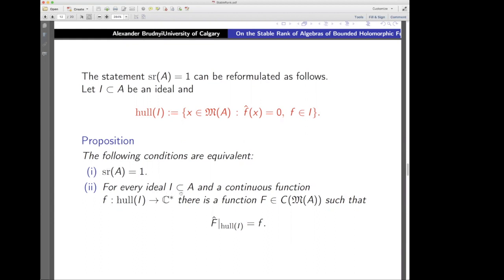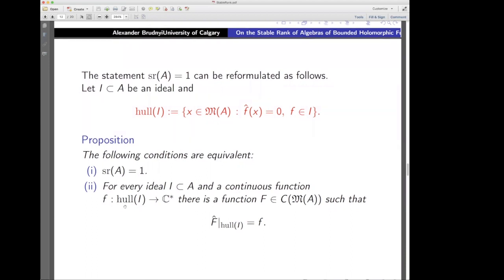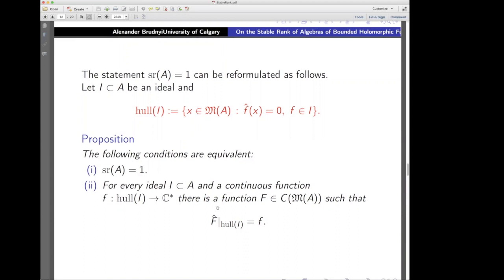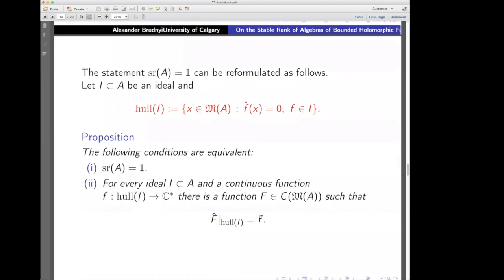The stable rank of A is 1; and for every ideal I in A and any continuous function f from hull(I) to C minus 0, that is, a non-zero continuous function f, there is a continuous function F such that F restricted to hull(I) equals f. Roughly speaking, this means that any non-zero continuous function on the hull can be extended